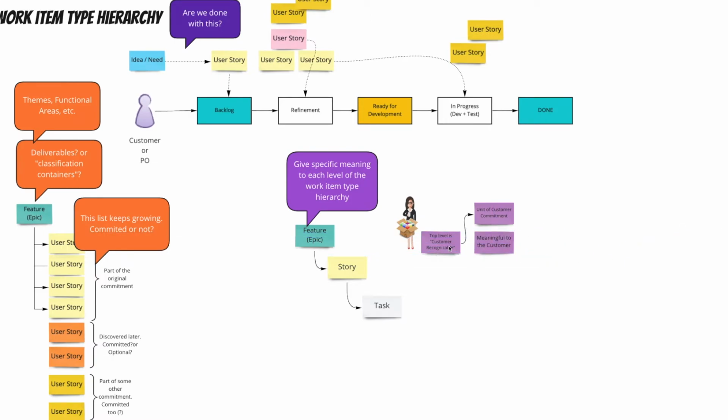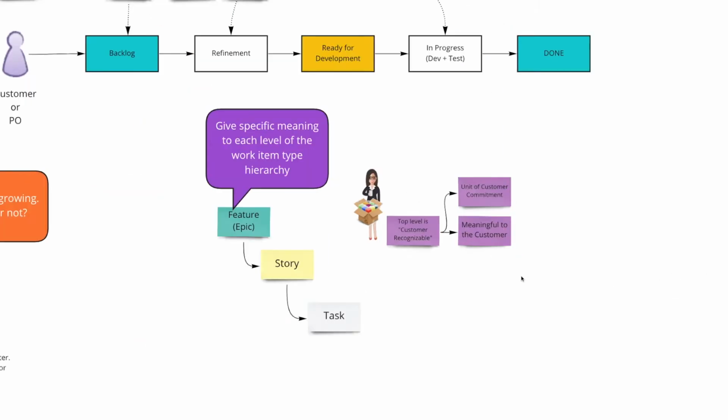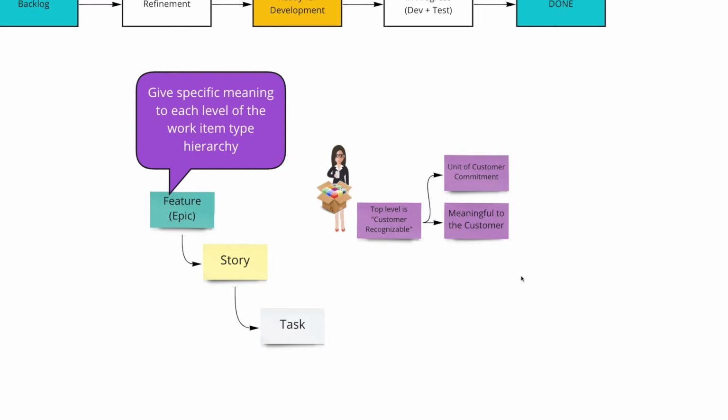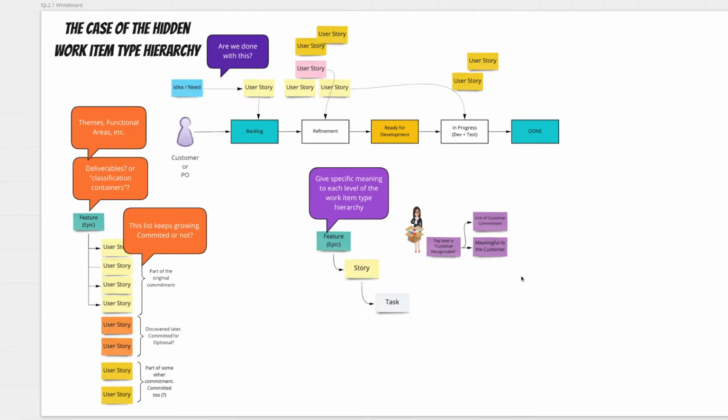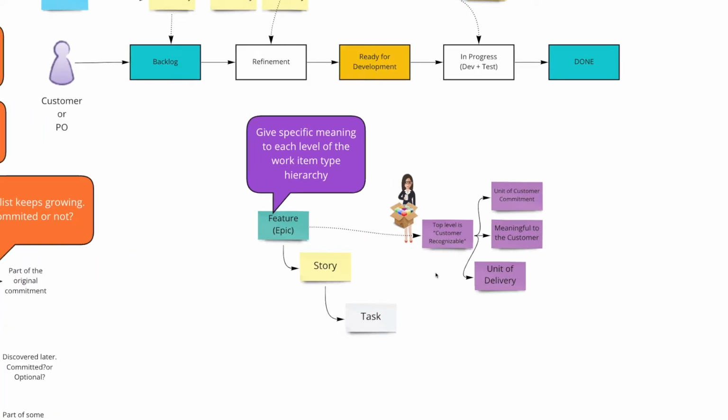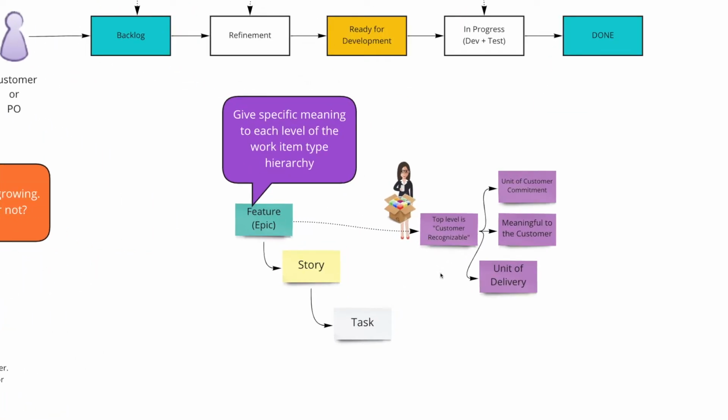That is, you should be able to have meaningful conversations with your customers about the significance and value of the item, and more importantly, engage them in discussions about trade-offs. So what's more important, what should come first versus later, etc. They can become units of delivery and units of commitment. So when a customer need is detected or requested, agree to represent it as one or more customer recognizable items. Use these items as the top level of your work item hierarchy and structure all your commitment discussions at this